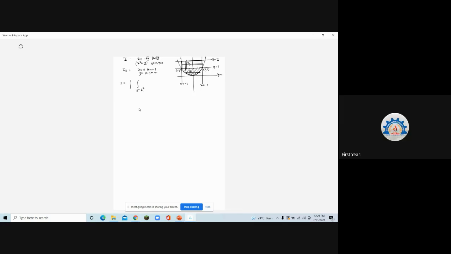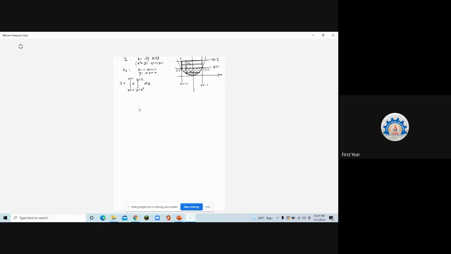Yes, on the parabola. The student who was saying she doesn't know how to take the limits of x or limits of y, the girl, I did not see the name, tell me the limits. Below, x square to y is equal to 2. Absolutely right. Understood? Correct. And tell me the limits of x now. The limits of x are visible. Minus 1 to 1. Absolutely right. Correct, it's very simple.